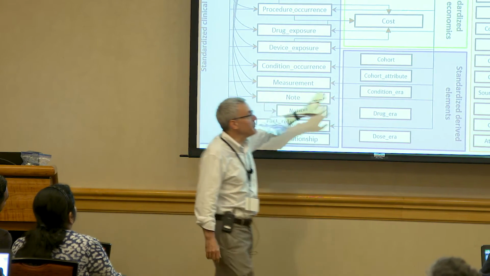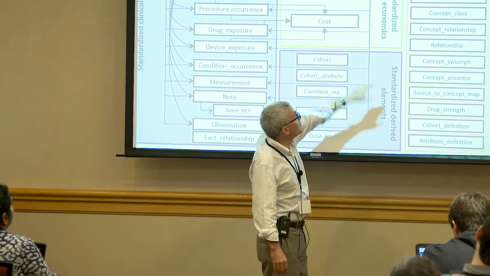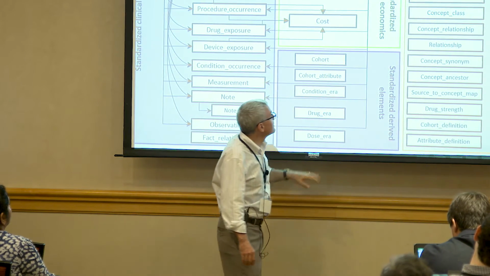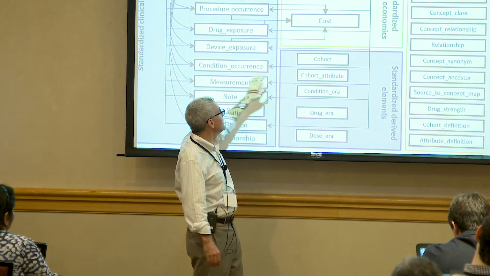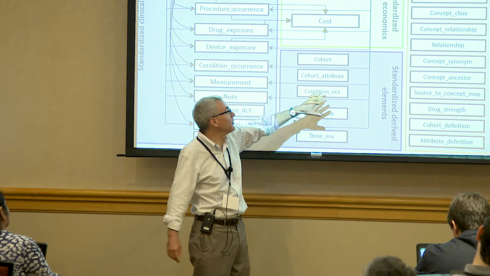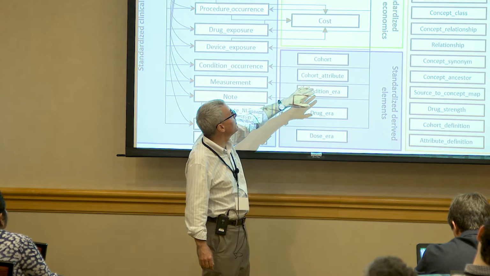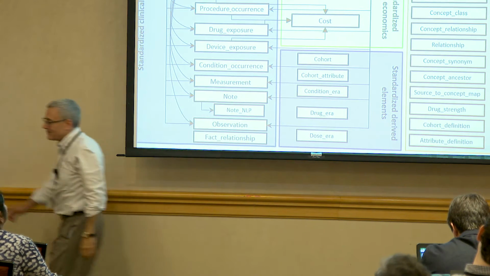And then the supporting information includes the vocabulary that we're actually going to learn about first today, some metadata about the database, derived tables that come from here and just make research easier because they take the information from here and pre-process it for queries so you don't have to do that work every time. And then some information about the healthcare system and its economics.